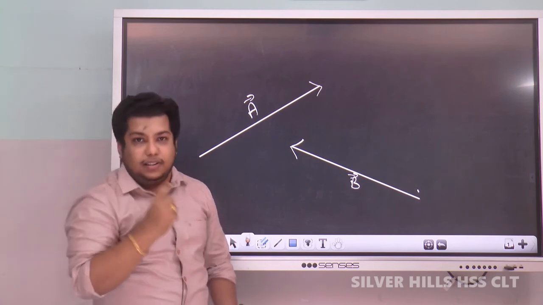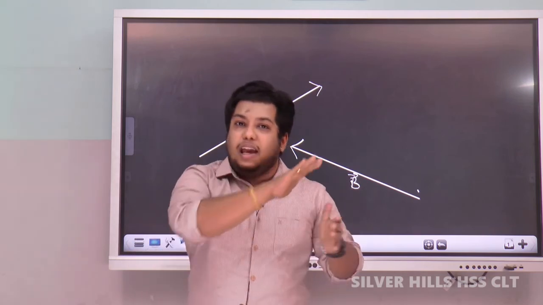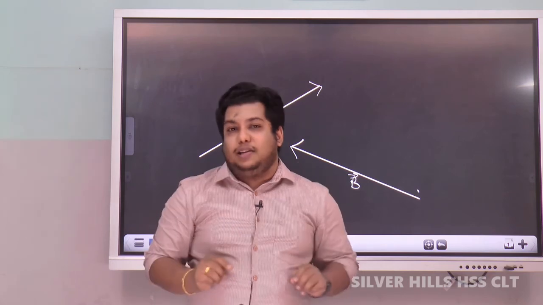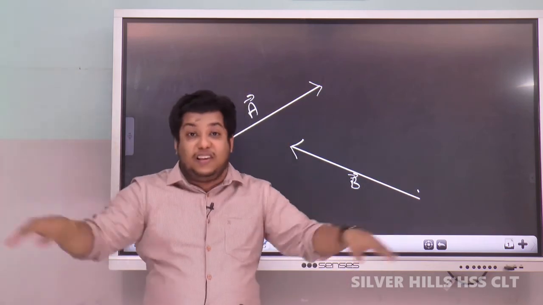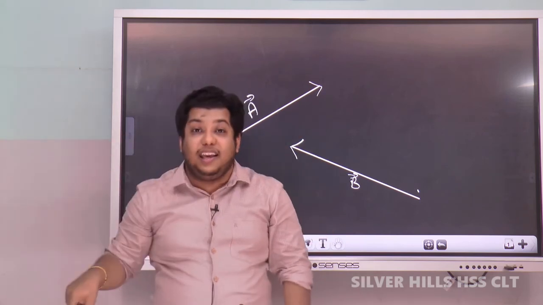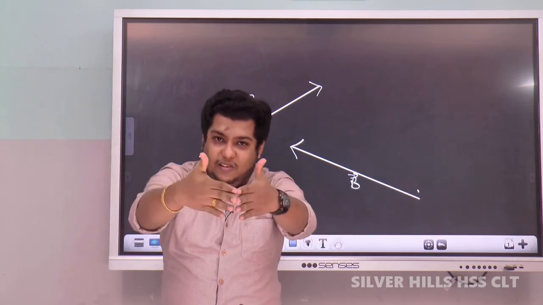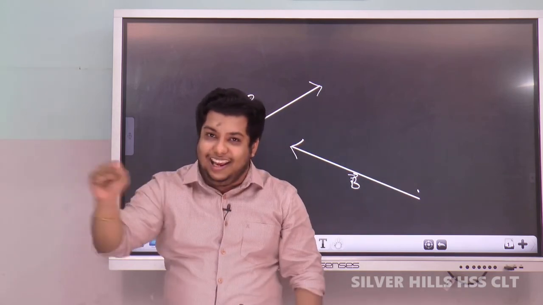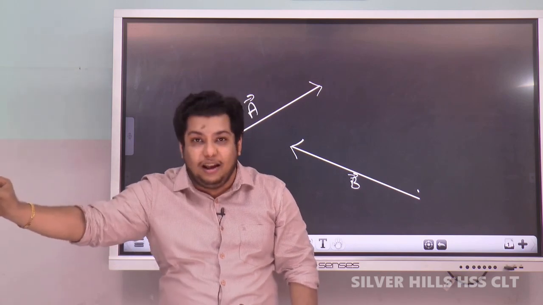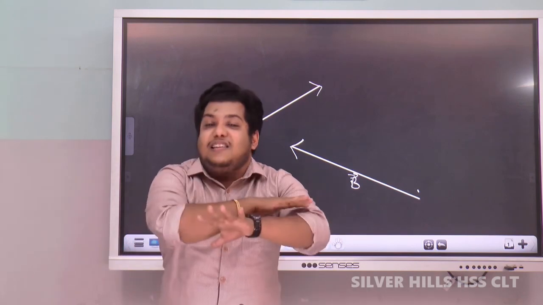Now we have discussed the six types of vectors. The first one is called equal vectors: equal magnitude, same direction. The second one is called negative vectors: equal magnitude, opposite direction. The next one is co-initial: starting point is the same. Next is coterminous: ending point is the same. The next one is collinear: vectors can be represented along a single line. The last one is coplanar: vectors can be represented in a single plane.